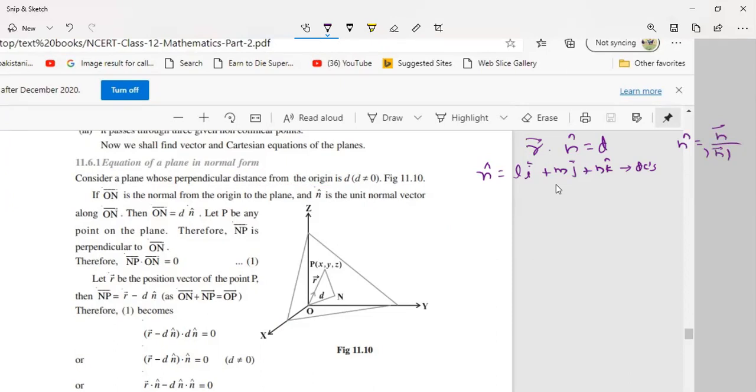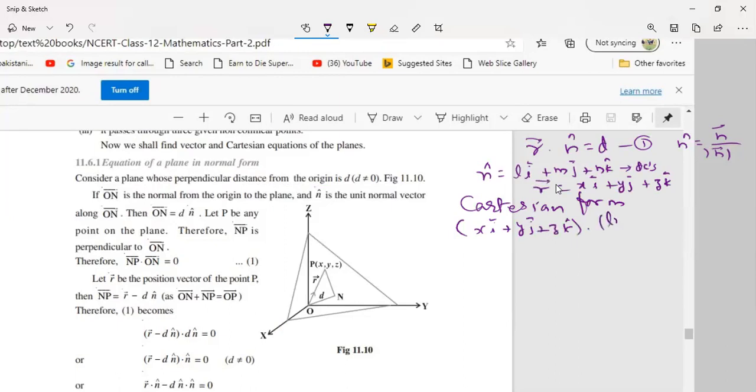Okay, and d is a scalar quantity, nothing to do with d. D is a distance. You can put it in the equation and get the Cartesian form. So in Cartesian form, the same equation of a plane will become r dot. What is r? You know that r is a vector in any direction, xi plus yj plus zk. So we put this in the above equation, we get xi plus yj plus zk dot product of